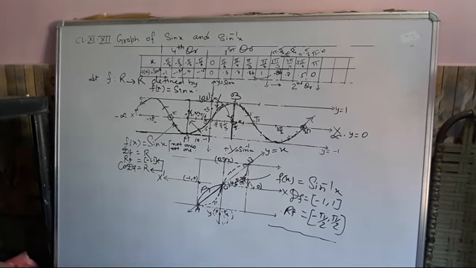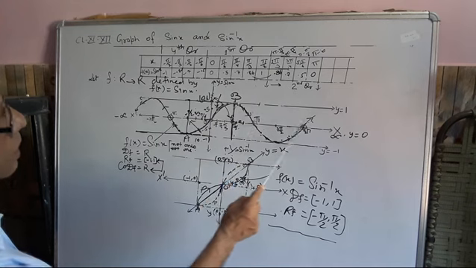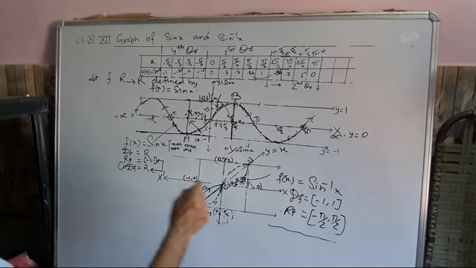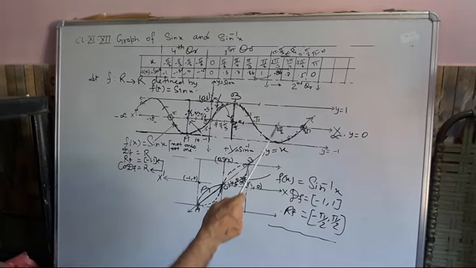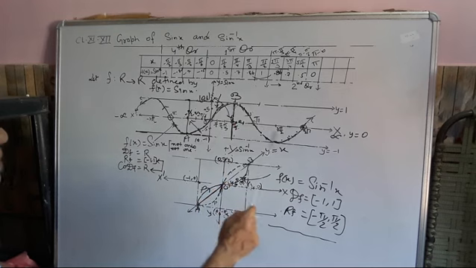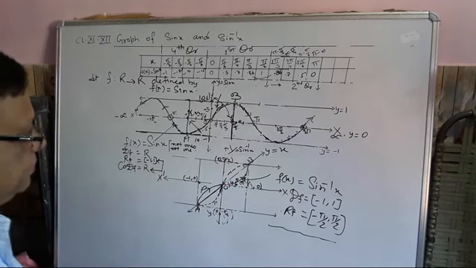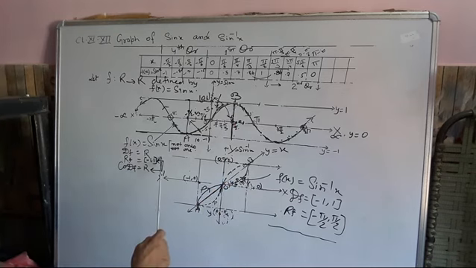And think about it: sin(minus π) is 0, sin 0 is 0, sin 2π is 0, sin π is 0. So for many elements, pre-images in the domain, we get the same image in the codomain. That is why it is not one-one. That means the function sin x is neither one-one nor onto. So the inverse is not possible.